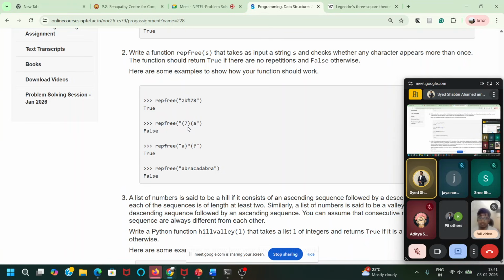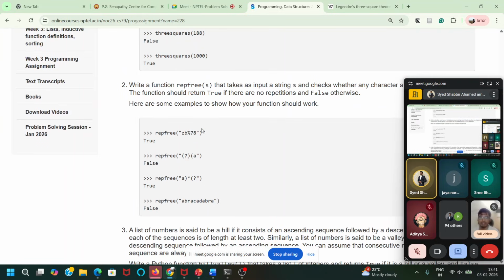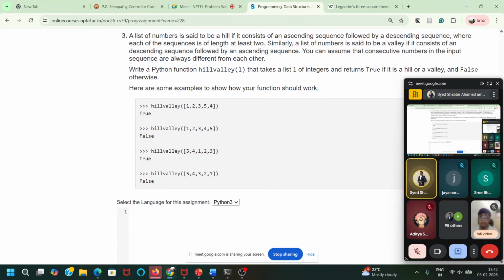So it is repeating. That's why the function should give an output false. If there is nothing which is repeating, then you should give an output true. That you have to do. This is the second. For that you have to write a function rep free. So you have to define a function for all the three things, for all the three questions.